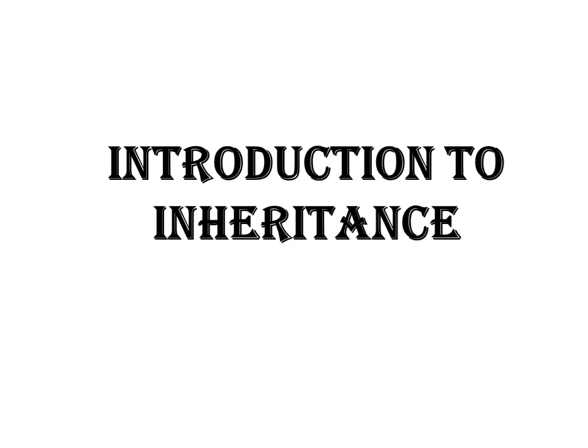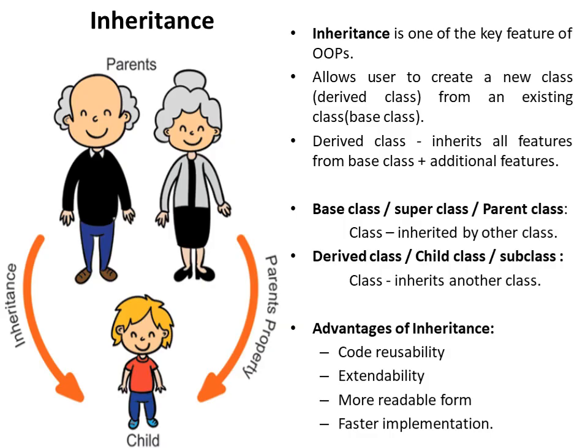Hi everyone. Today we'll have a look at what inheritance is and why we go for inheritance. Inheritance is one of the key features of object-oriented programming. It allows the user to create a new class, that is a derived class, from an existing class, which is the base class. The derived class inherits all the features from the base class, and it can also have additional